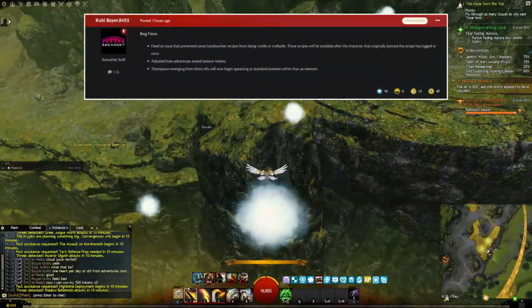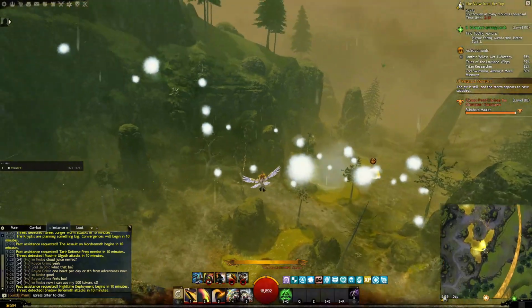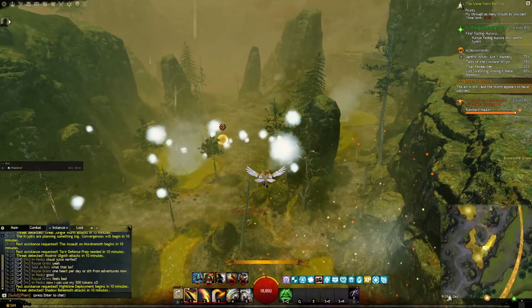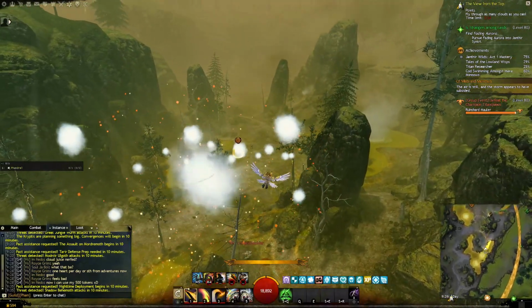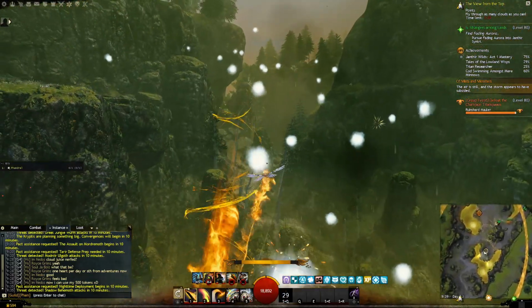Last night they already changed how the adventures award renown tokens. Up until yesterday, you could actually run the gliding adventure in the Janthir Sentry, score 10 points, and basically get an infinite supply of tokens to trade in so that you would never have to do any of the hards